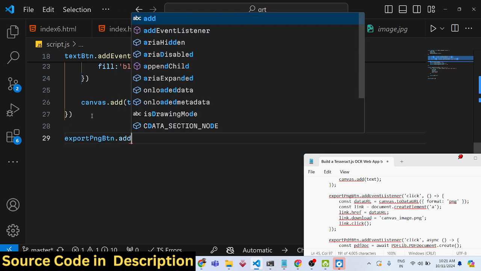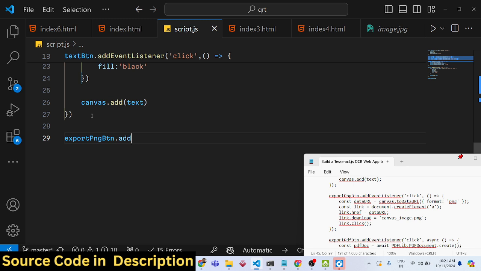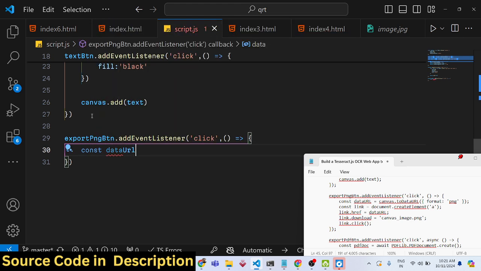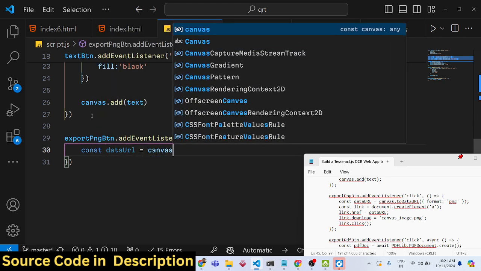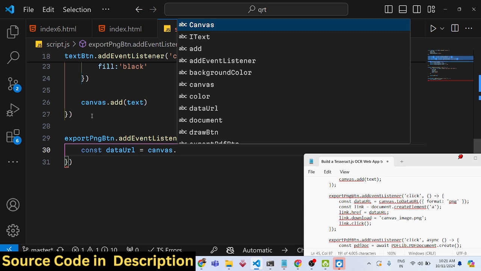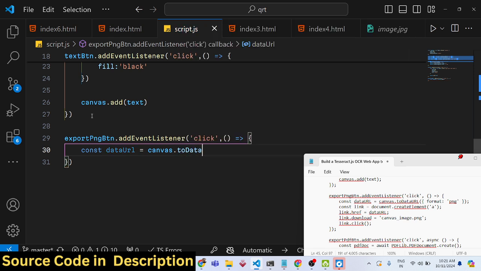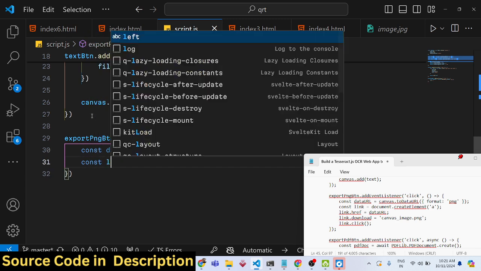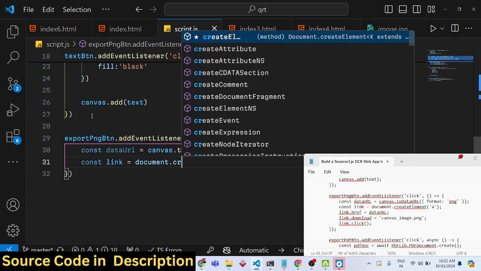When you want to export it to an image file, you will click this button. Here, for converting it to an image, we will be converting this canvas to base64 code by using this function, which is toDataURL, a built-in function present in every browser, and here you'll be providing the format, which is PNG. And then to download this image, we'll be creating an anchor element,